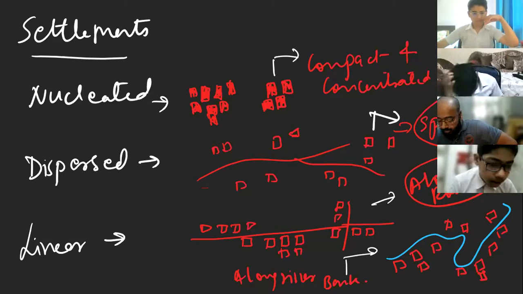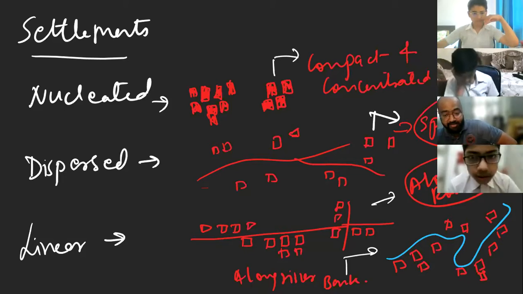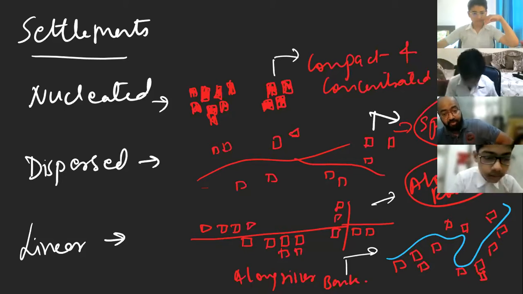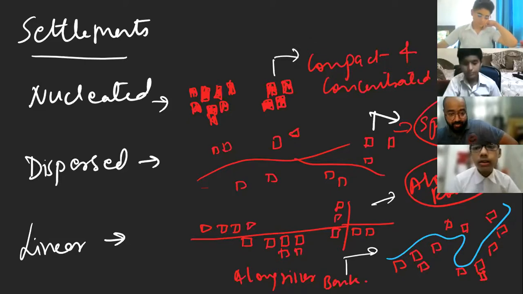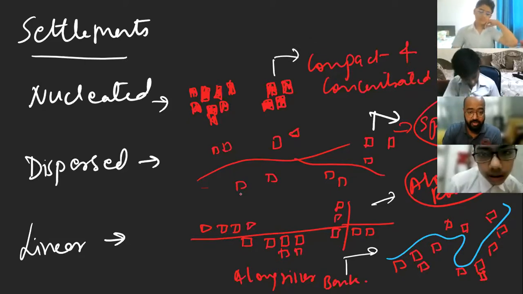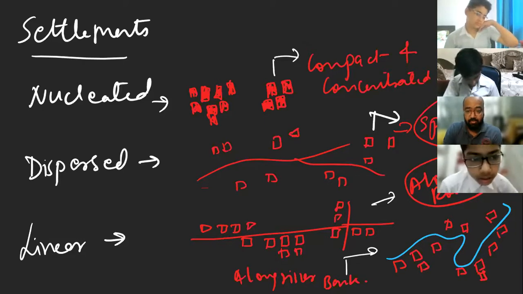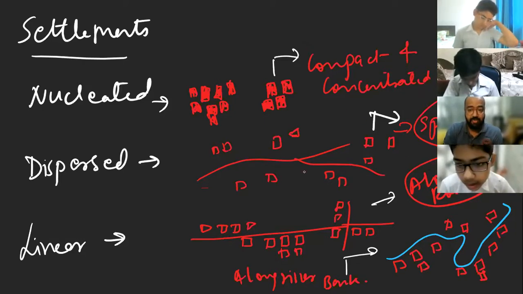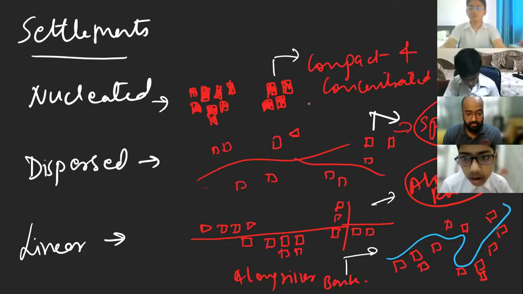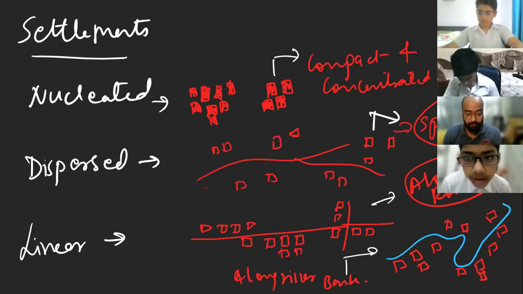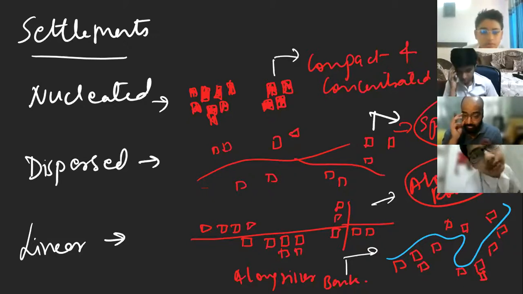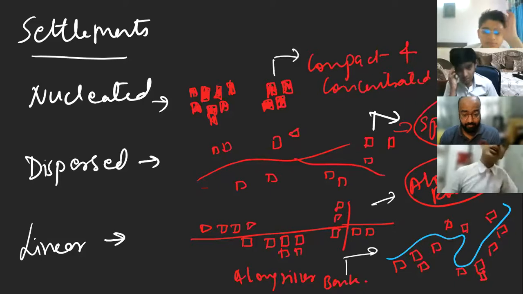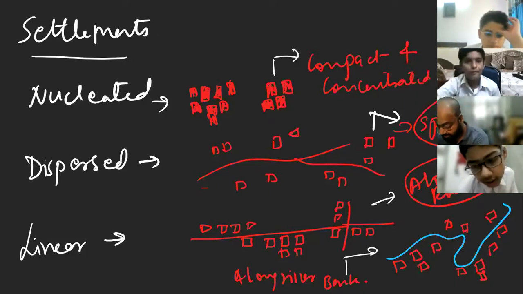Is that clear? So people are involved in agriculture in these areas mostly because this is an indication that agriculture is more in this area, right? Then dispersed, the second one which is shown on your screen. If you can see that they are separated out. They are far away. The distance between the houses is more. This generally happens in Australia. In Australia, people live in far off places. So it says dispersed settlement.